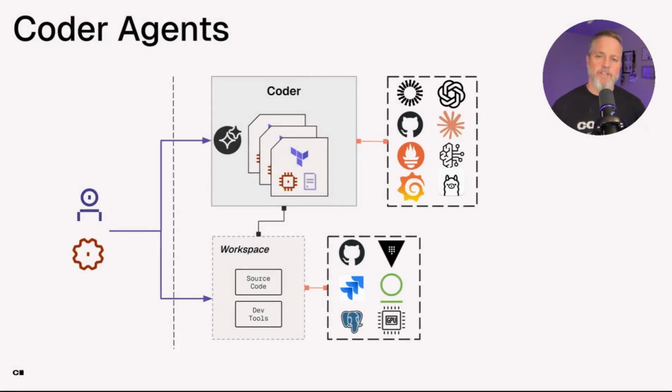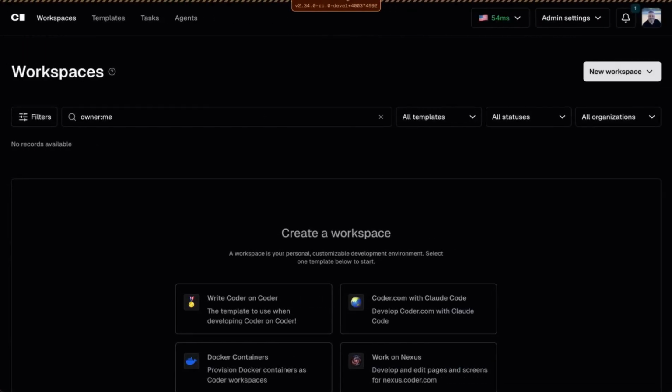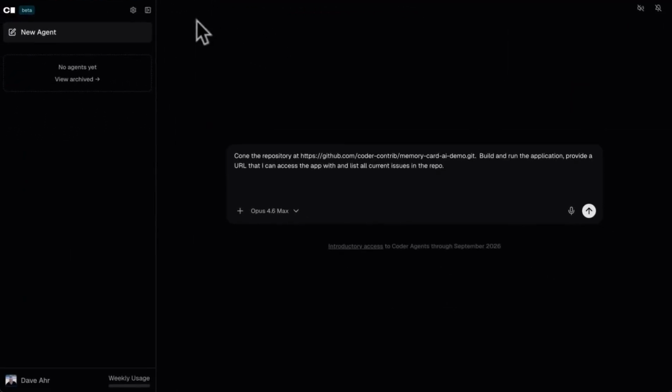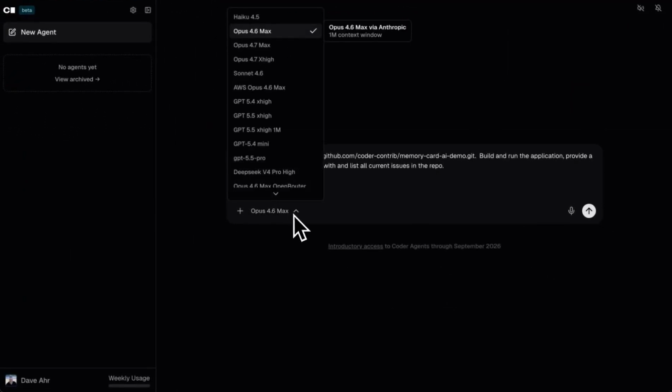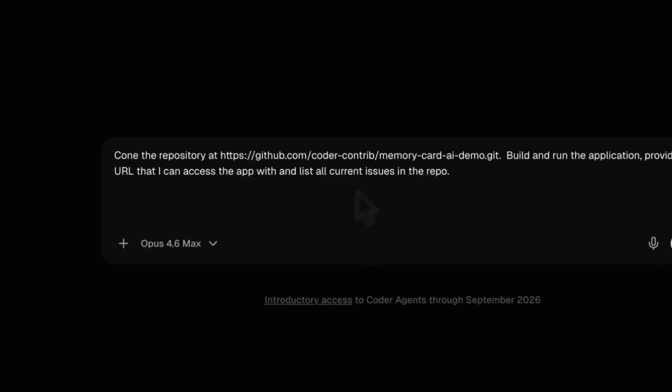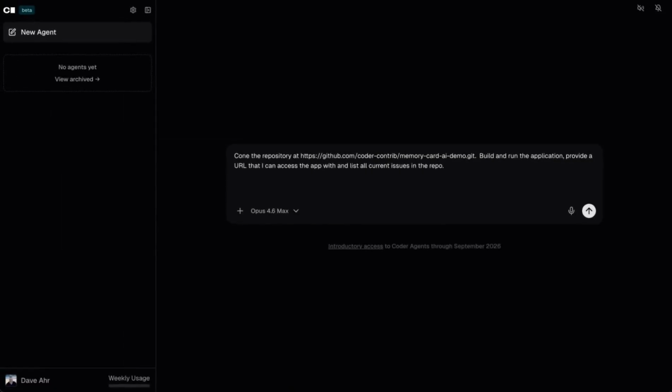Let's see this in action. I'm logged into my Coder deployment and have no workspaces created. To get started, I'll select the Agents tab from my dashboard. With Coder, you have the flexibility to bring your own LLM, and as you can see, I have several to choose from. For this exercise, I'll select Opus 4.6, and for the prompt, I'll ask the agent to clone my